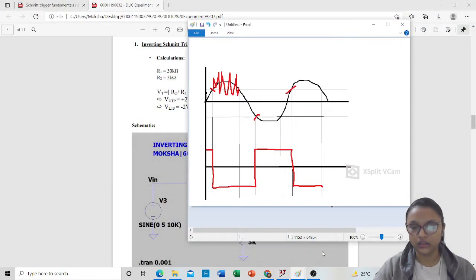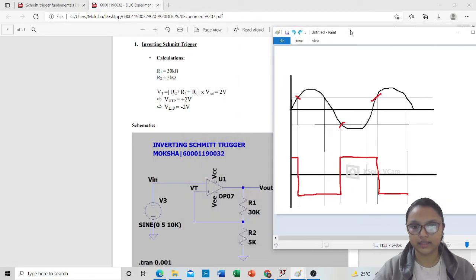This is the sinusoidal wave I've shown over here. When my input is lesser than the positive Vref, the output is non-inverting minus inverting, so it will be positive V saturation.